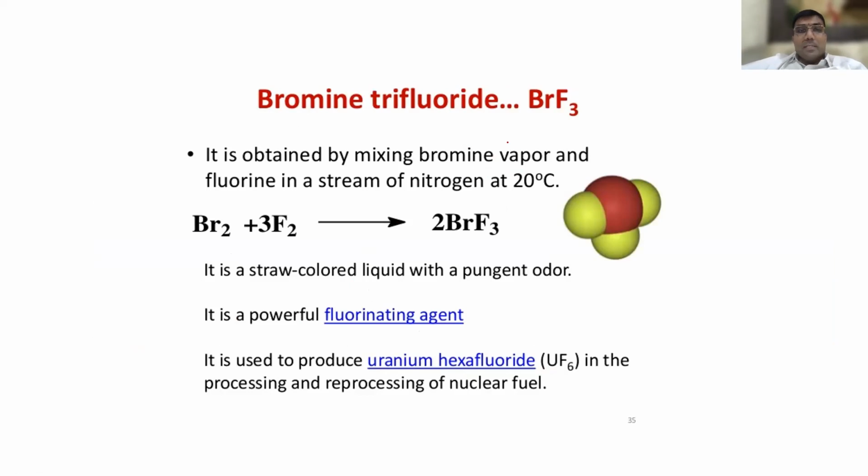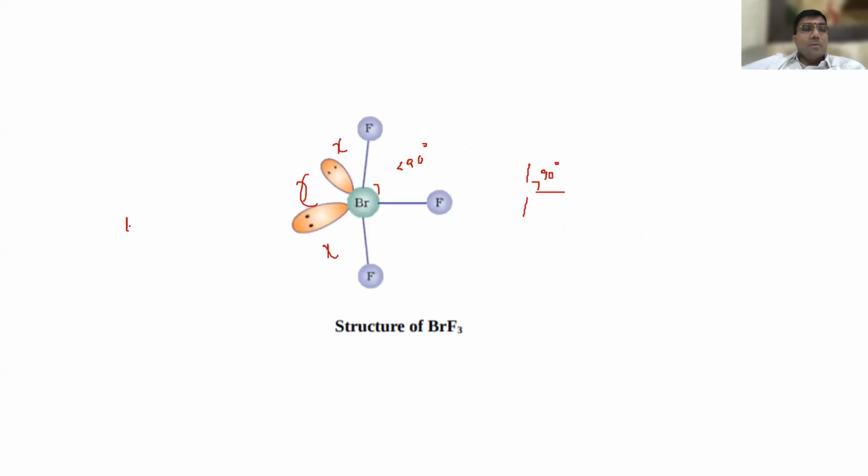So students, try to understand. Here there are lone pairs, right? Actually, in the T-shape, what should the expected bond angle be, students? 90 degrees. But here the bond angle is not 90 degrees, it is less than 90 degrees. Why? Because of lone pair-bond pair repulsion. Here lone pair-lone pair repulsion is there, and also bond pair-bond pair repulsion is observed. So you have to understand this.